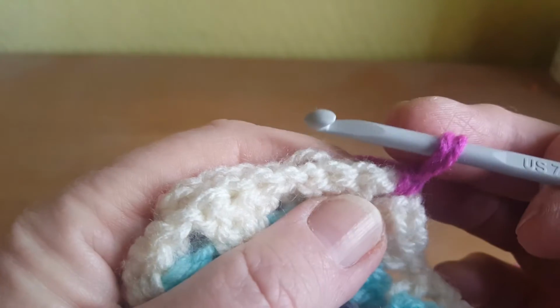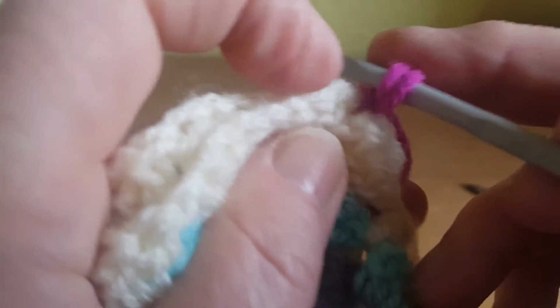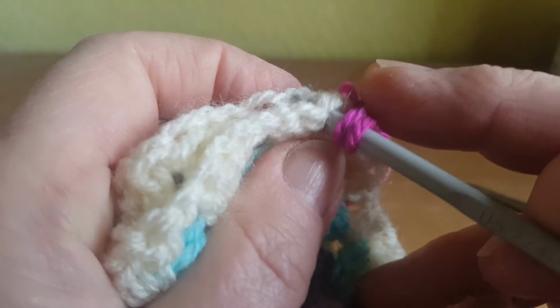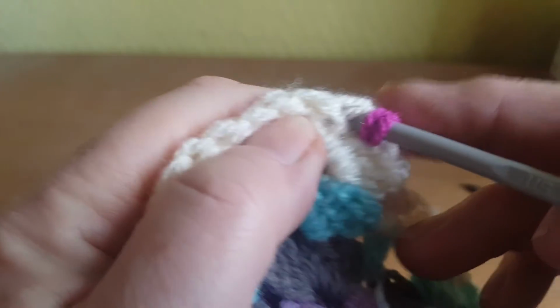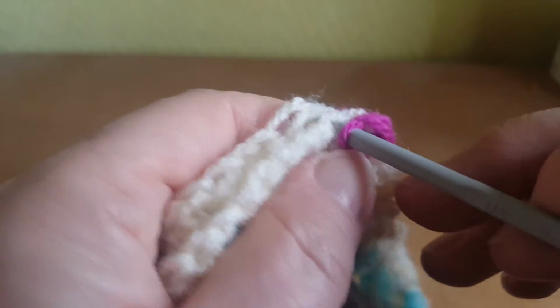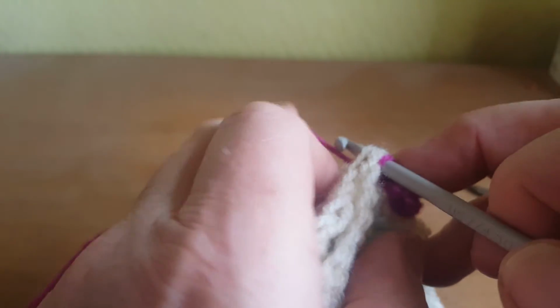So we're doing exactly the same thing. We're putting it through the top of the stitch, which is slightly more difficult because the stitches are turning the other way, and we want it in there, and we just carry on doing slip stitches through there. Okay,